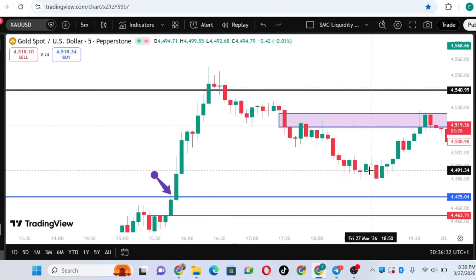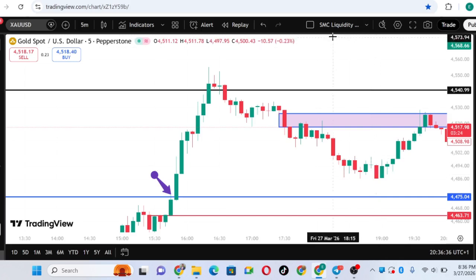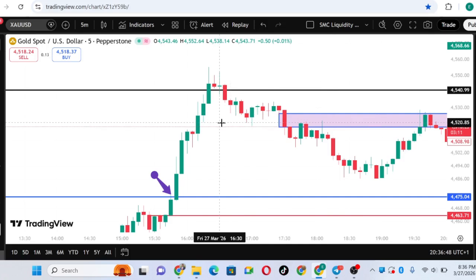So the strategy we traded today is known as liquidity sweep. Yes, liquidity sweep. I have a system for this, well organized. If you look here, this is SMC liquidity. Yes, this is my trading strategy, one of my trading strategies, not the only one that I have. By the way, let me be very honest with you. You need to have a trading strategy, or else you cannot become a profitable trader. That's just it.